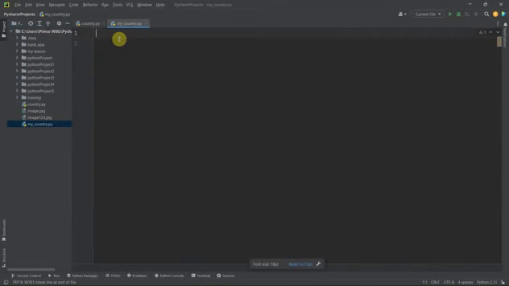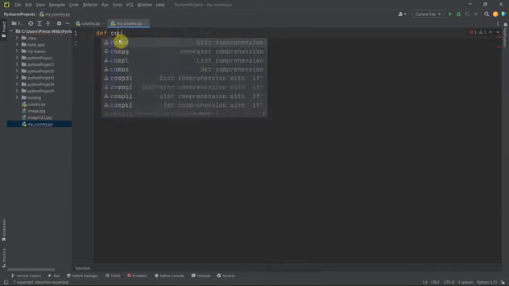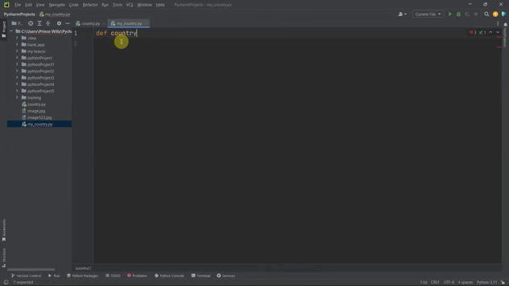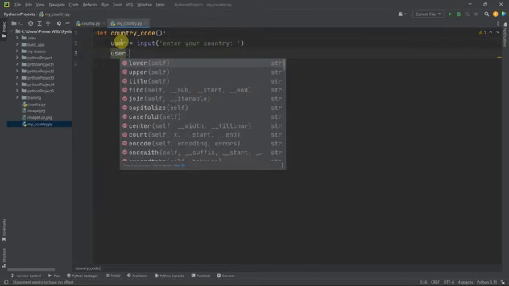I have to write some block of code that will allow the user to enter their country. Okay, I say def country_code. User is equal to input. Then in the input I tell the user to enter your country. Okay, now I say user dot